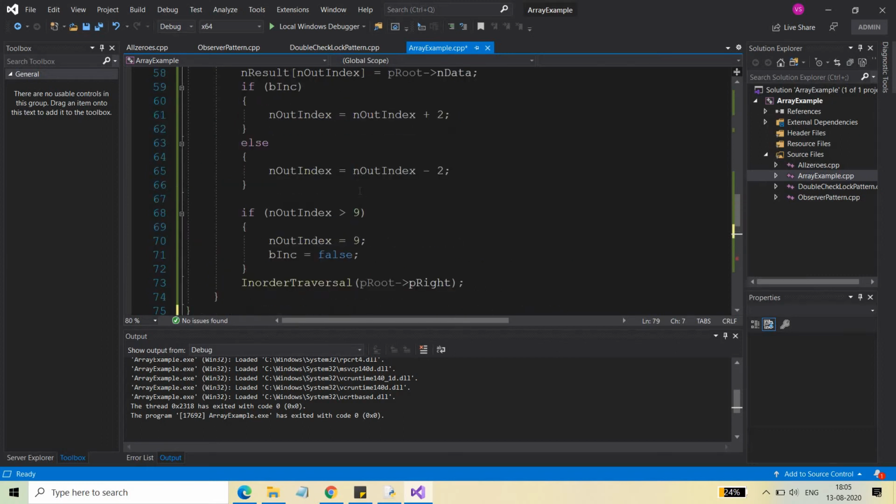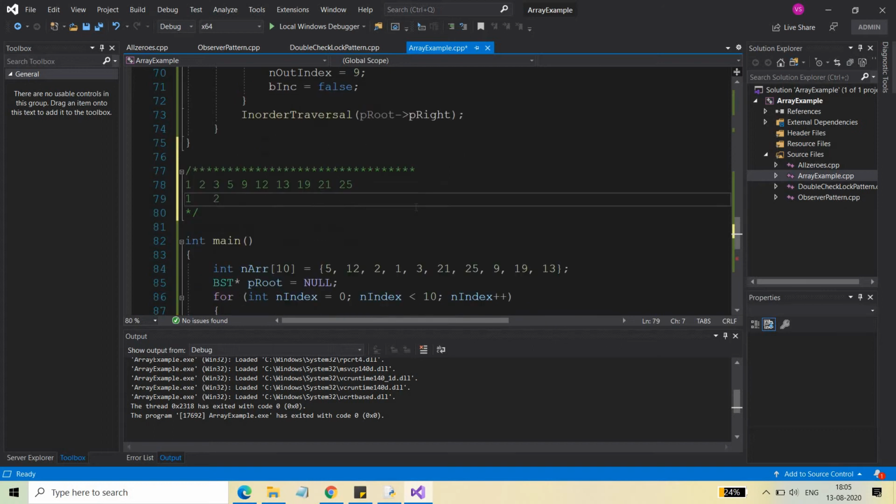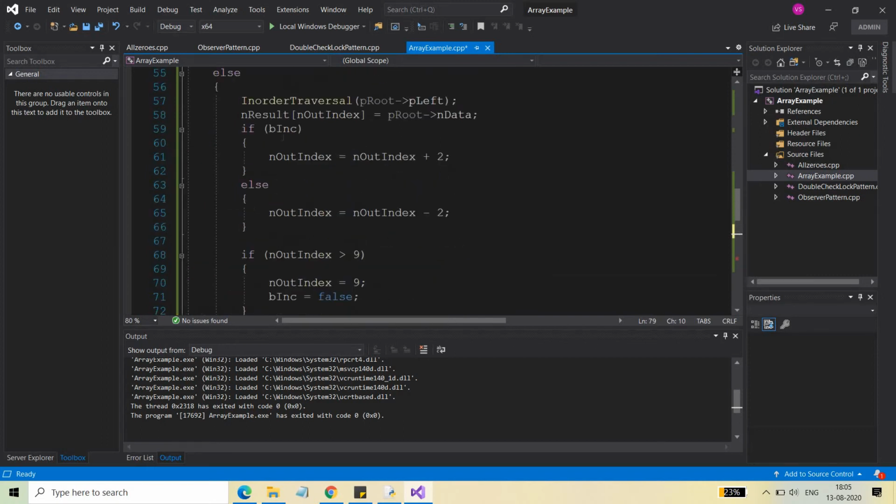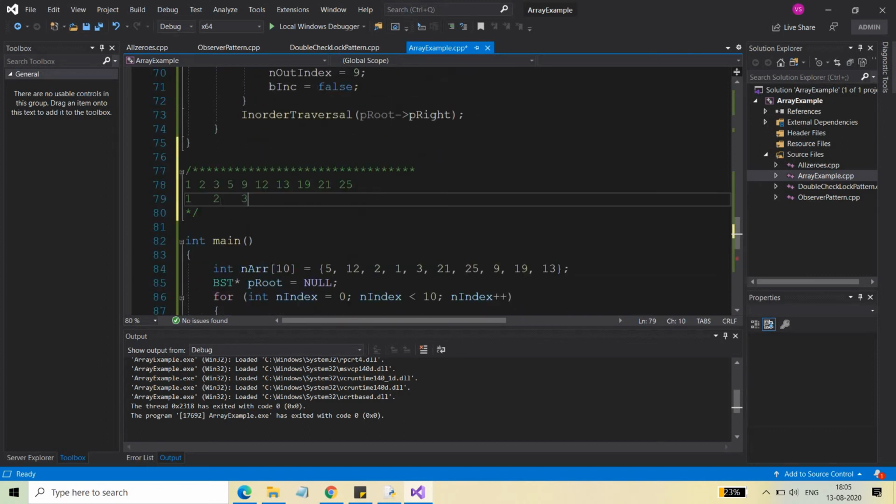Then again you increment by 2, you reach the next position, and the next element will be 3. Because you are in the in-order traversal, all the elements come in sorted order, but we are putting them into the array by leaving one index.